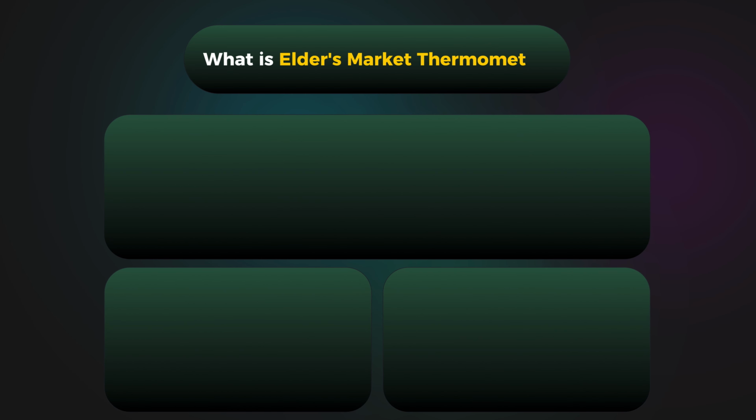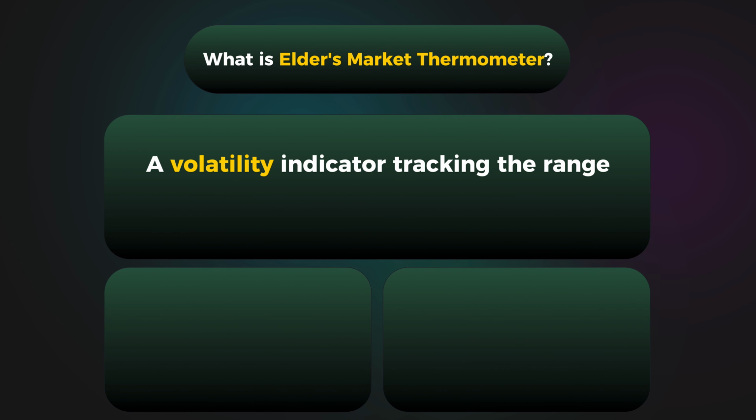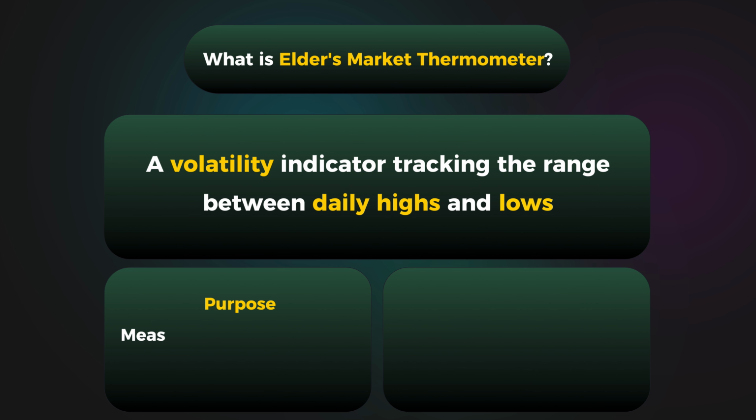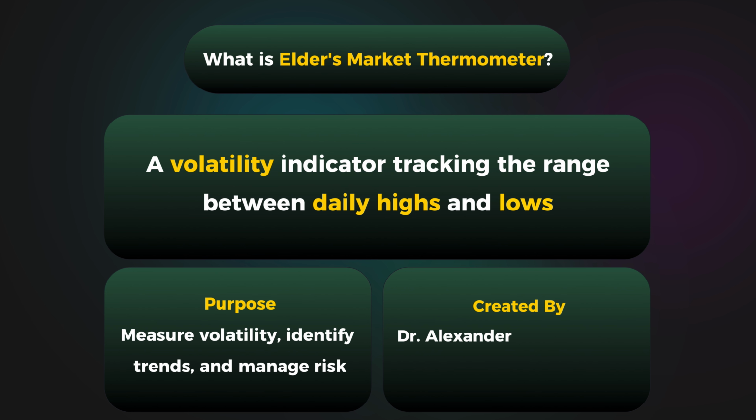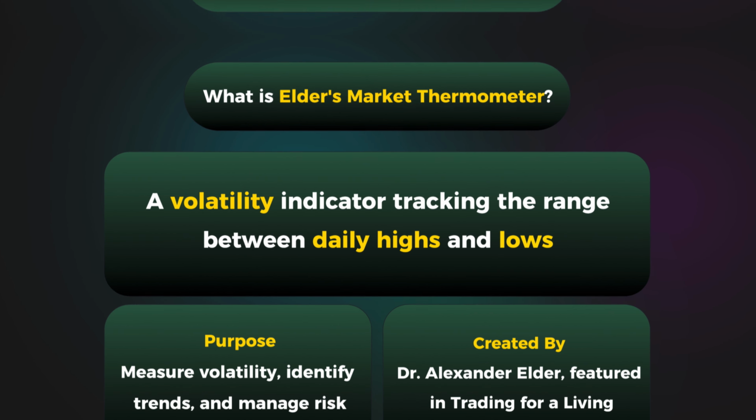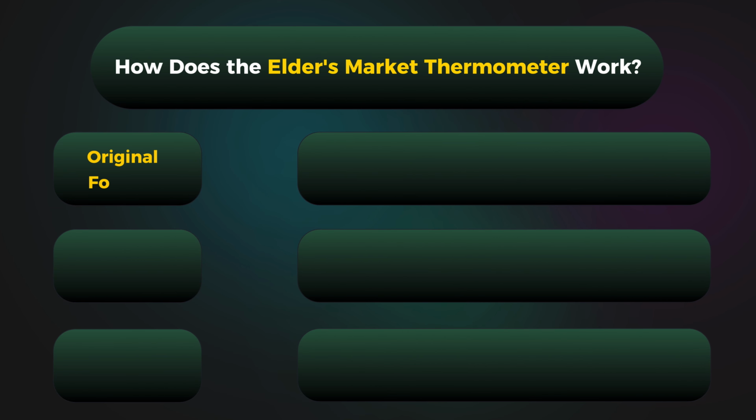Dr. Alexander Elder developed this indicator to simplify volatility analysis. It measures the range between a day's high and low prices, helping traders identify trends and manage risks effectively. The Elders Market Thermometer uses a simple but powerful formula, measuring the daily range of a security to gauge volatility,